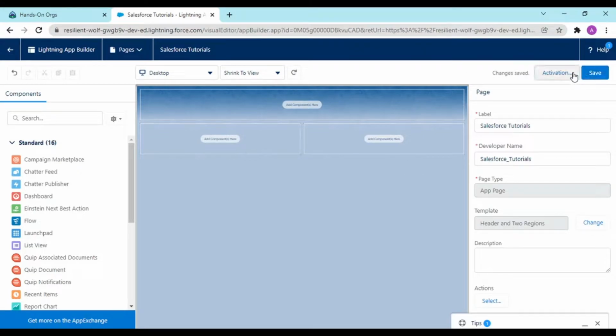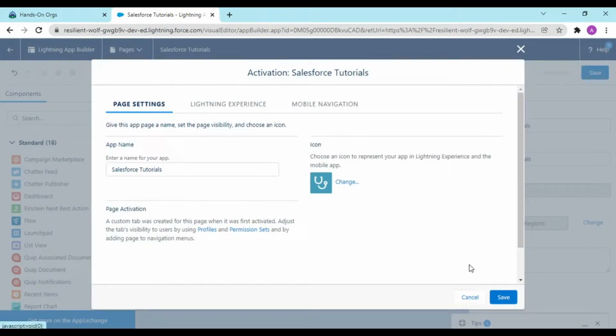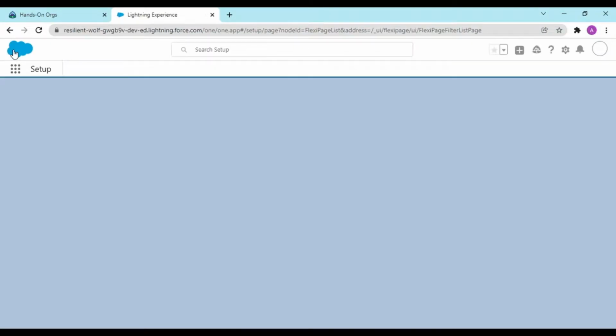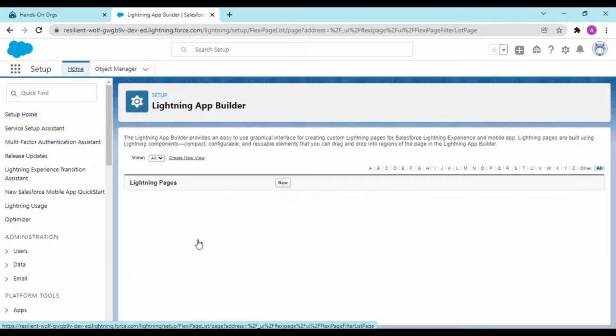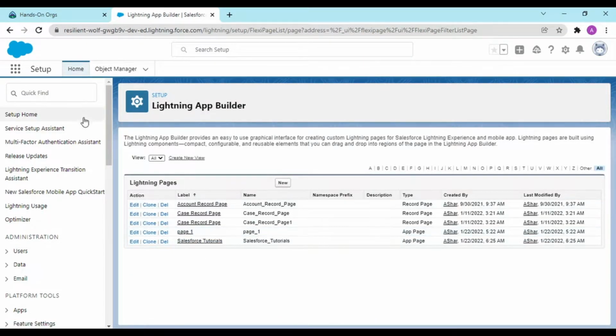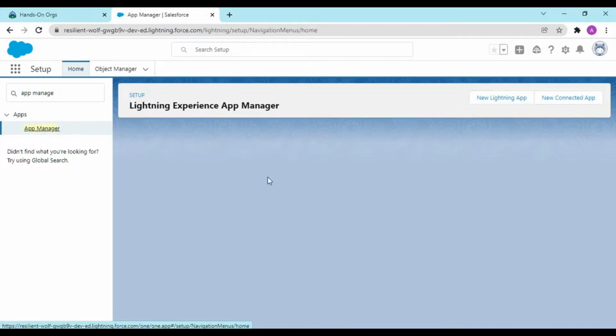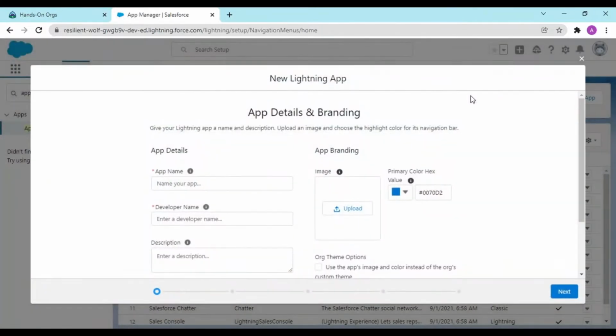Once you activate this page, okay, you have activated this page, and for now I'm adding nothing to this page. I have just created this dummy page, and from here, see, your Salesforce tutorial has been created, and from here you would go to your App Manager, and you would be creating a new Lightning app, and the name would be